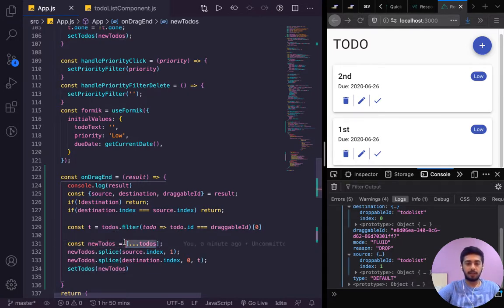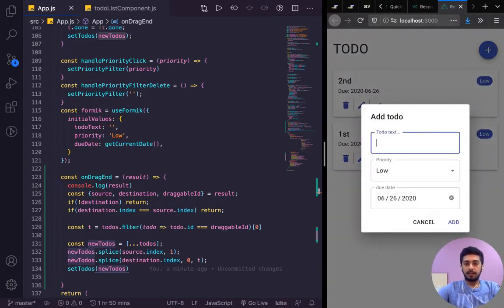So we make a copy of it, and this code basically says take the second element out of here, pluck it out and put it there. This is what this code is doing. And then we just set the new state with setTodos and newTodos. And that is basically it on how we implement this feature.